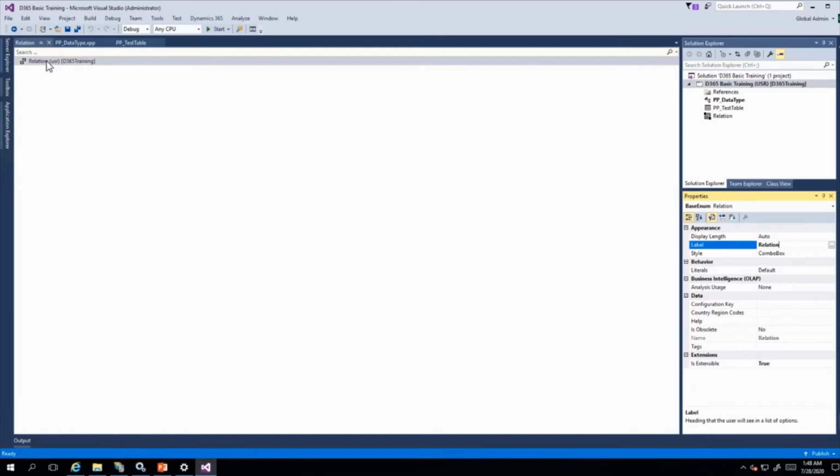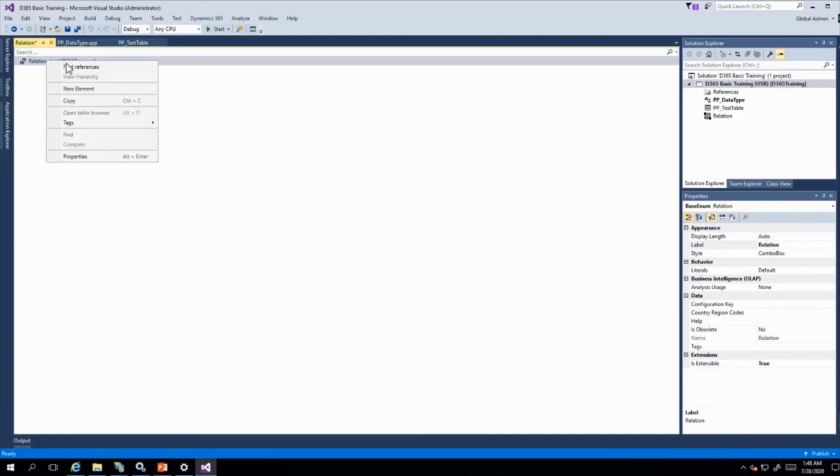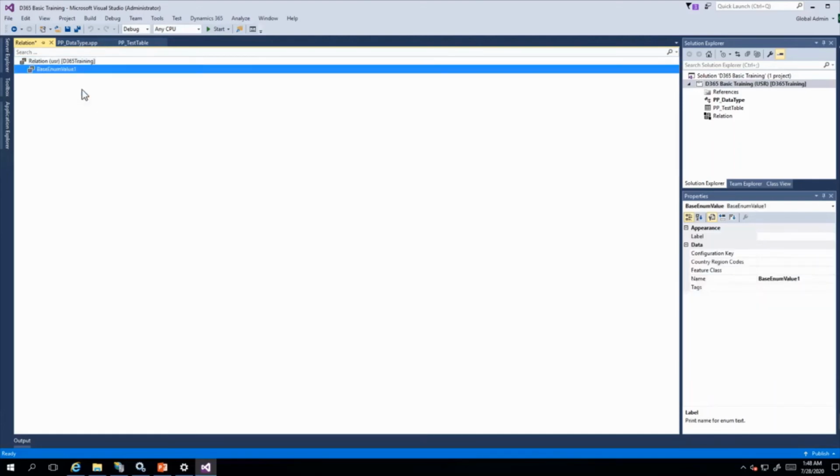Now the elements, the literals in the enum, are called elements. Now we have to create new elements. A new element, base enum value, we will name it as, let's say, child.